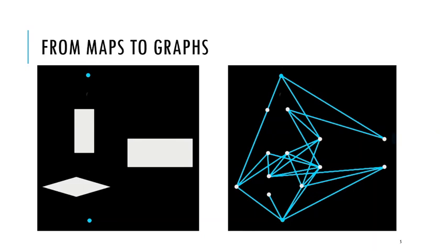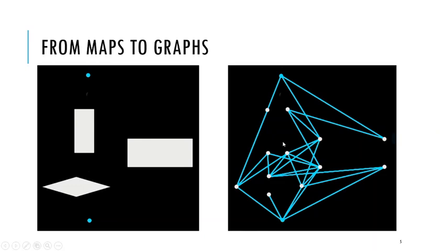So I know that if the robot is infinitely small, a point, and it travels along this line, then the original robot, which has some dimension to it, is guaranteed not to collide with anything. So now I have reformulated my problem from finding a path from the start to the goal on the map in general, to searching for a path on this graph. And that's a problem for which we have very well known, very well studied algorithms. So how do I find the path from the start to the goal, going exclusively on the edges of the graph?